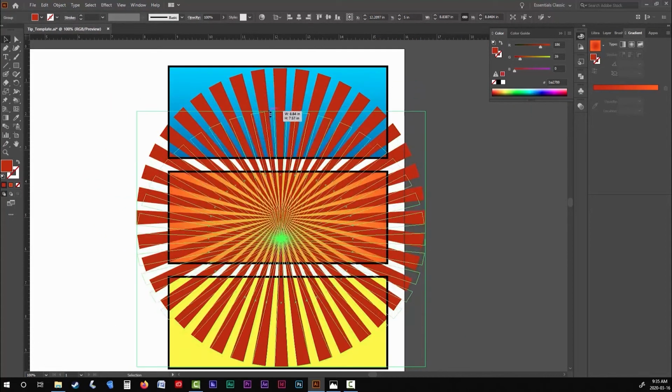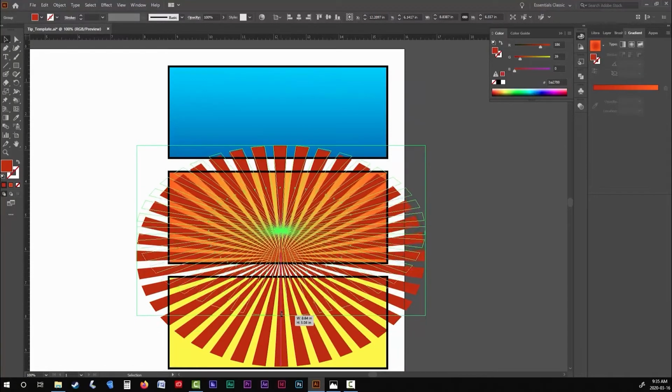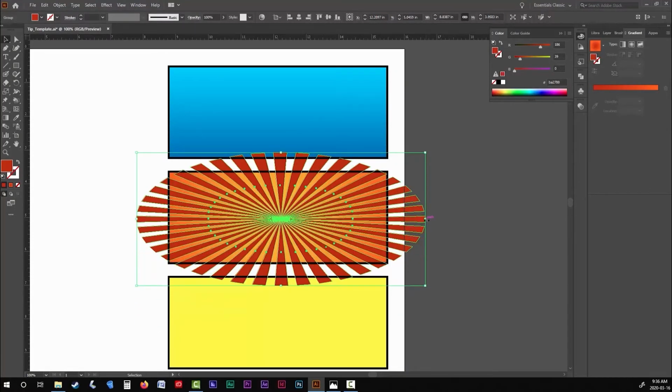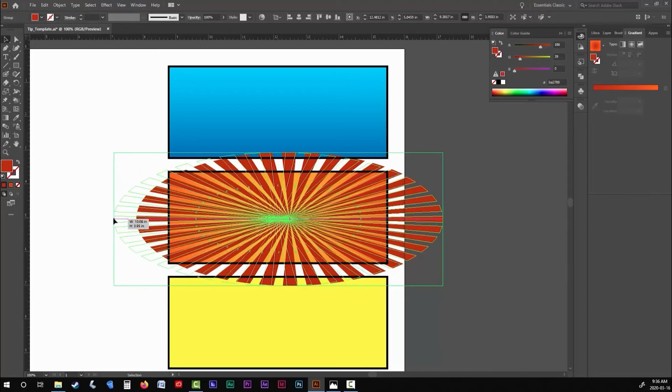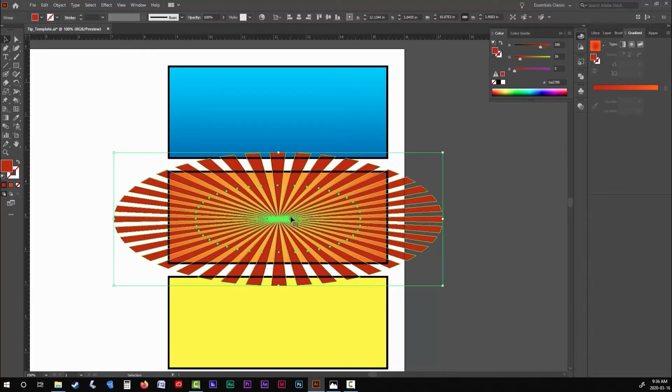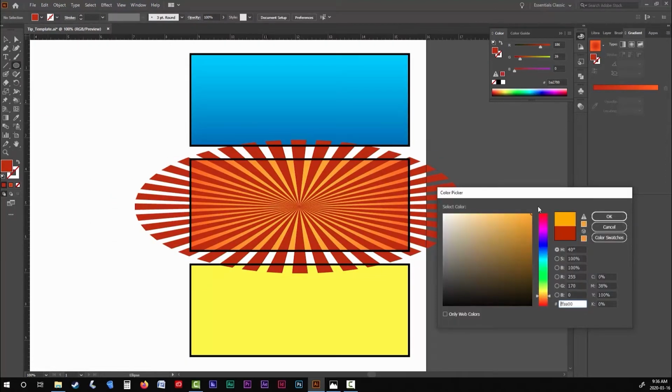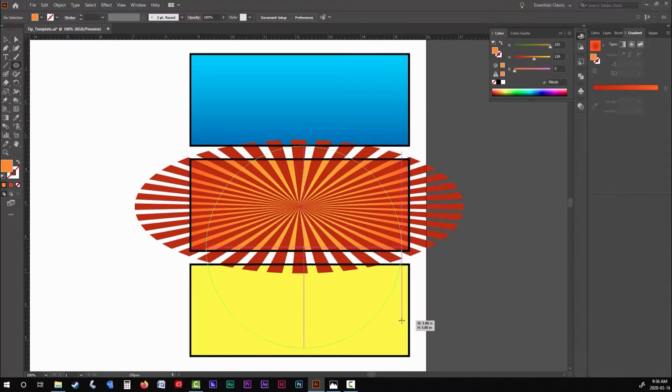Now I don't want this starburst to be completely uniform, so I'm going to crunch it down a bit. But I'm going to make sure that my graphic covers my entire background. The next thing I want to do is hide the middle point. To do that, I'm just going to create another radial gradient and put it on top of my starburst.